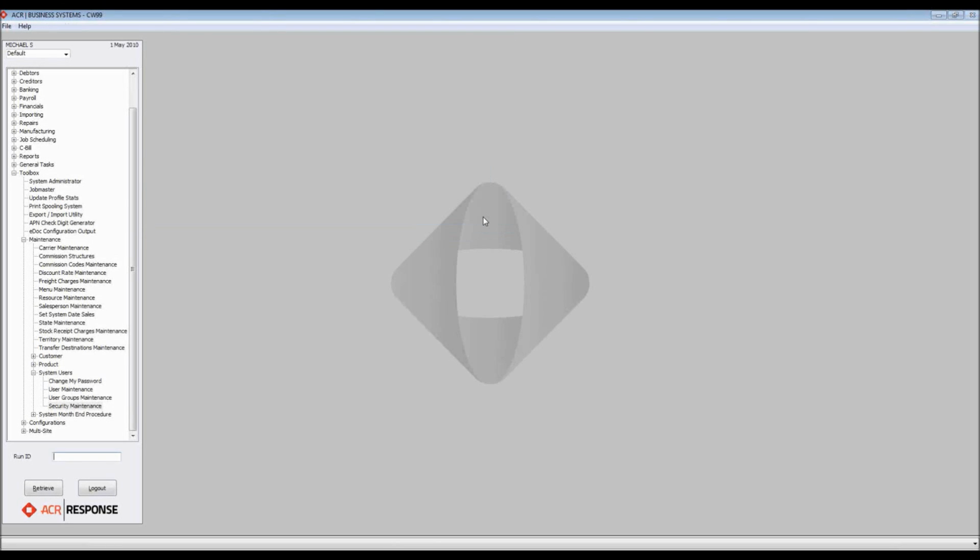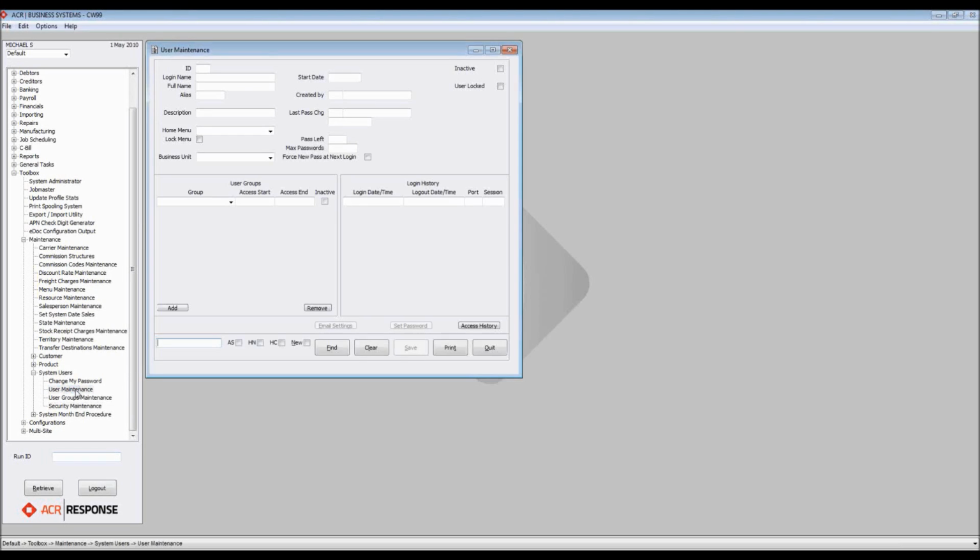So what we're going to do now, we're going to actually assign this user group to a user, which is the final link in the chain. We've created our user group, we've given it permissions, let's give it to a user, then we can check it out. So we'll open user maintenance. We're going to bring up the user account that we're using in this case, and we can see at the moment they only have the everyone group. So what we can do is add the customer inquiry group